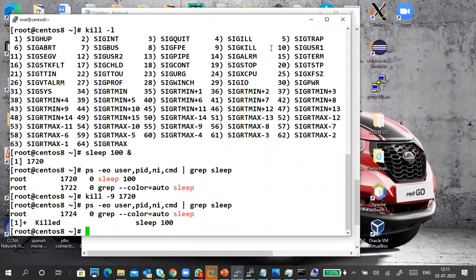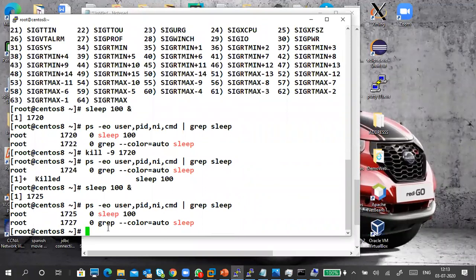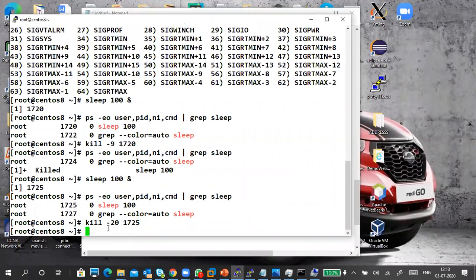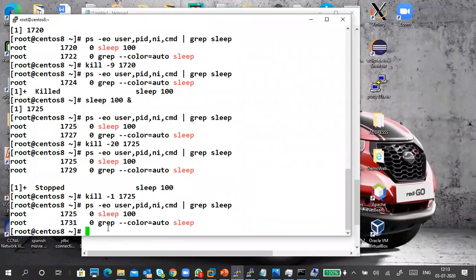Foreground and background processes are there. That is a very important topic. I will show you how to do it. I will also try. I didn't do any stop and stopping kind of stuff. It is quite easy. Kill -20 for a stop, right? 1725. So again, check it. The process is stopped. We can see the stop. But one is not working anyway. Last time I checked it, the process is running. So practically you can also do it.